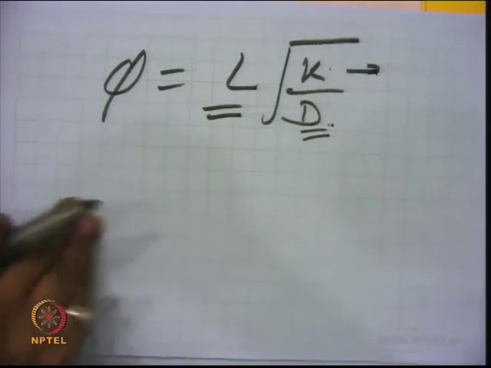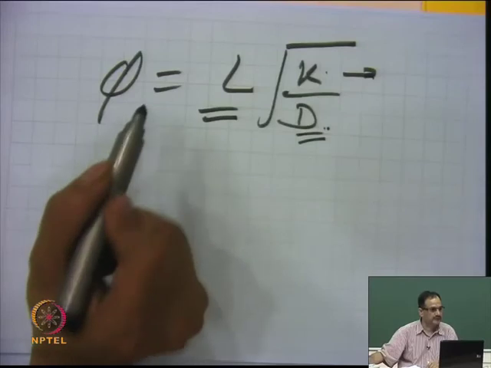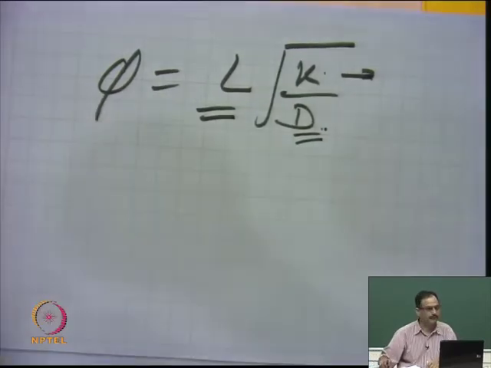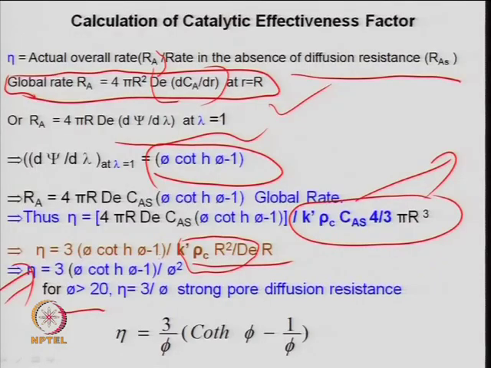So, this is the interpretation for Thiele modulus. We have to minimize this diffusion resistance in the pore of a catalyst, so accordingly design a pellet suitably, and the same thing has been defined here. When phi is large, that is for phi greater than 20, then for eta, coth phi approaches 1. This is simply because phi is very large. Compared to phi square, that is phi coth phi minus 1 which is here, the coth phi will approach 1 for large values of phi. Then this phi coth phi minus 1, because phi is very large,